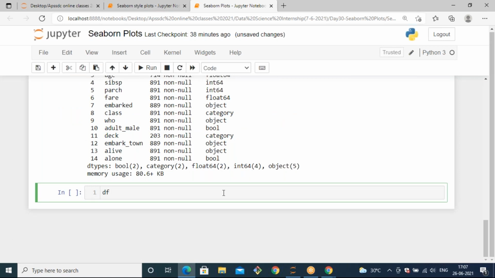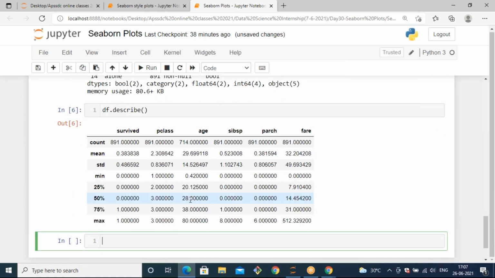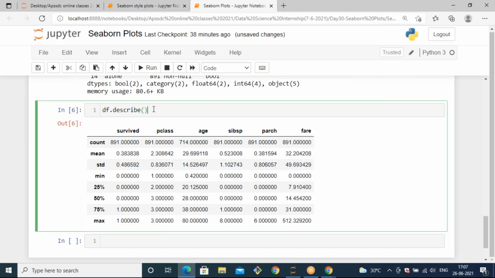Let's find out the statistical information also. df.describe. Out of these values, whenever you calculate describe, it gives you values for 1, 2, 3, 4, 5, 6 columns. Out of 15 columns, I am getting values for only 6 columns. Why am I not getting the whole column statistical values?